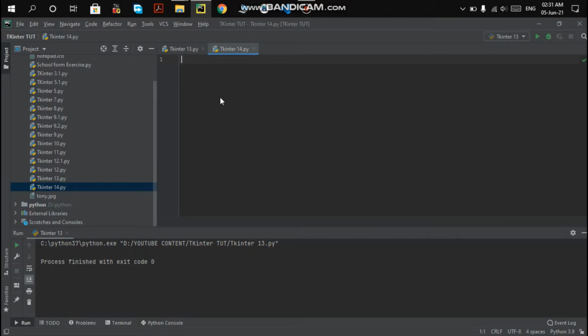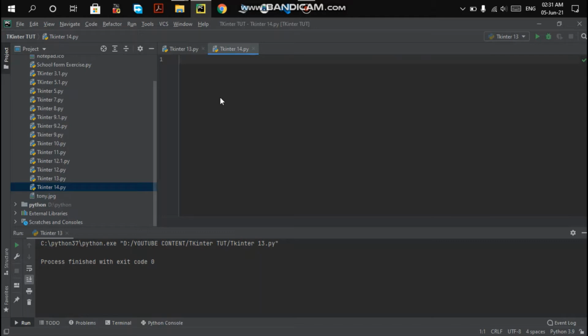Talking about the list box, the list box widget is used to display different types of items. These items must be of the same font and have the same font color. The items must also be of text type. The user can select one or more items from the given list according to their requirement. We will be seeing the syntax, the arguments it can take, the common methods, and some of the optional parameters it takes.